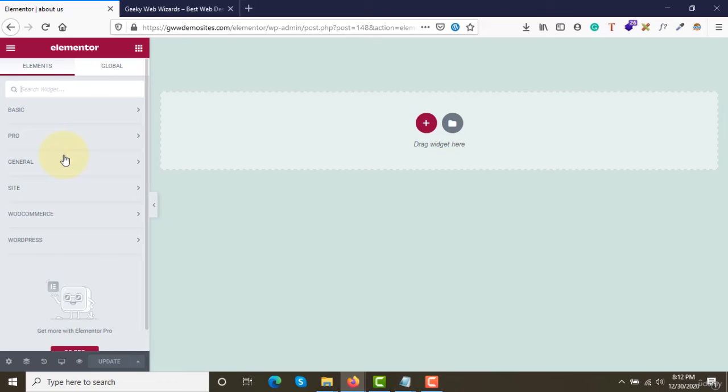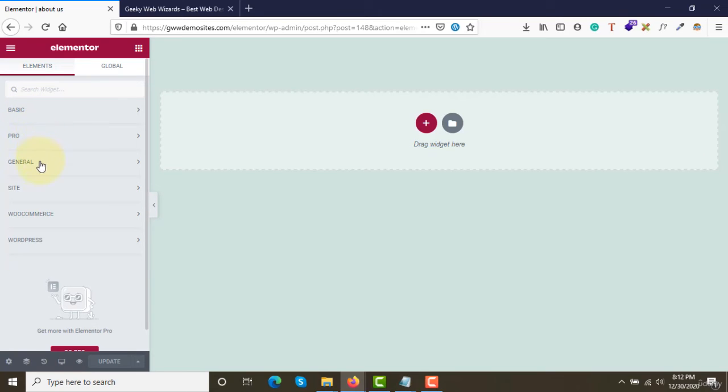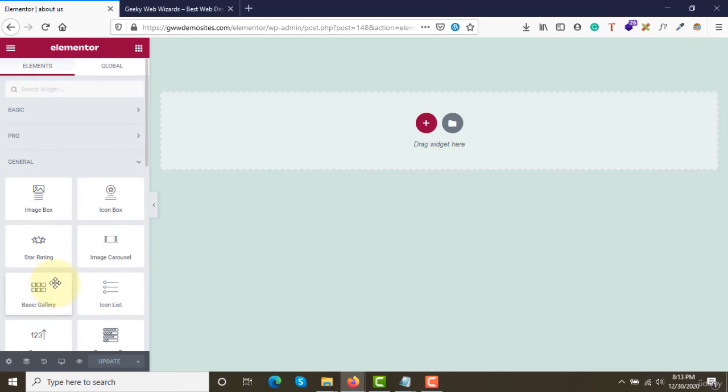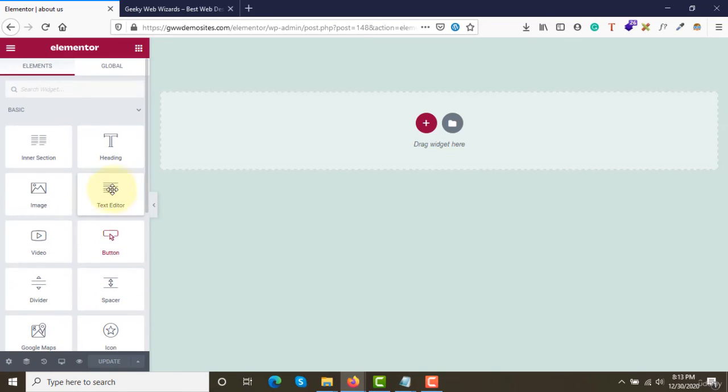Right now we are in the fourth module. In the fourth module, we'll be doing everything using the Elementor free version plugin. With the free version, we get access to elements under basic and elements under general. There are around 20 under general, and under basics we have around 10 widgets, or elements.